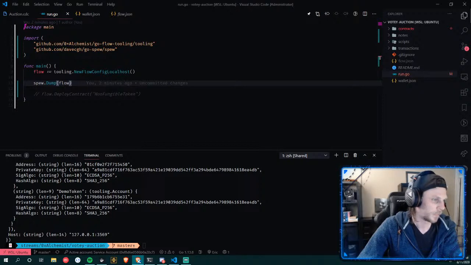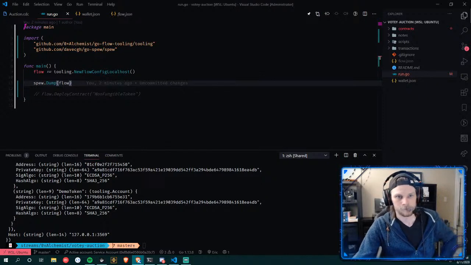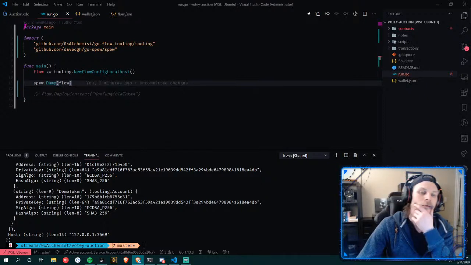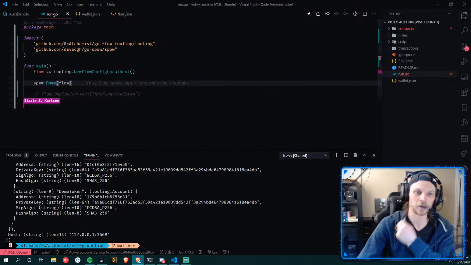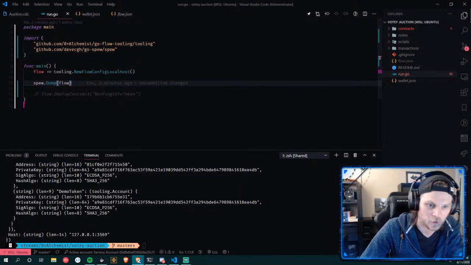But I see in order for our tooling to work, you need to normalize the name series. No, the scripts and the transactions are okay. You can have subfolders there, yeah. Can we? I don't think we can. I thought about that when I was building it, but it was getting late and I was grumpy, so I wanted to just get it working.